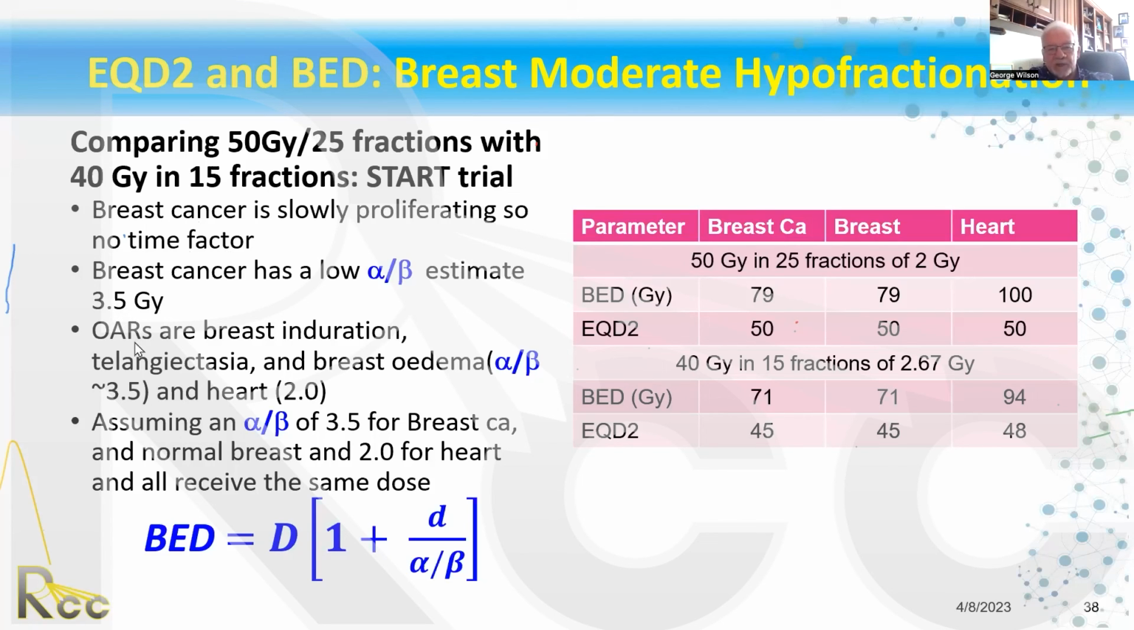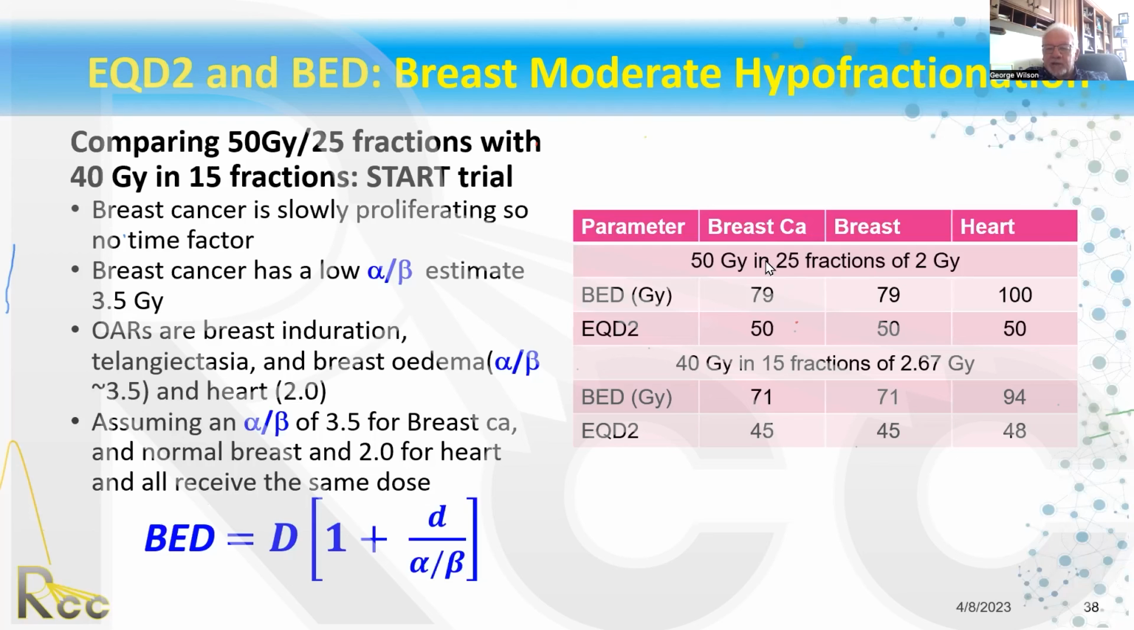The organs at risk are breast related: induration, telangiectasia, edema. And they're assumed to again be the same alpha beta ratio as the tumor. And then heart is also at risk, and the alpha beta ratio for heart is shown to be lower at 2 gray. So if we assume an alpha beta ratio of 3.5 for the breast and the normal breast, and 2 for the heart, again using the standard BED calculation,